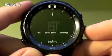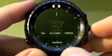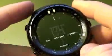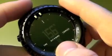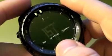Okay, your next mode and your last mode is going to be your compass, and this is going to show you obviously your compass degrees and the direction you're pointing currently. And I have it set on the bottom here also to show you an abbreviation for what direction you're pointing in. So you can see south, southeast,